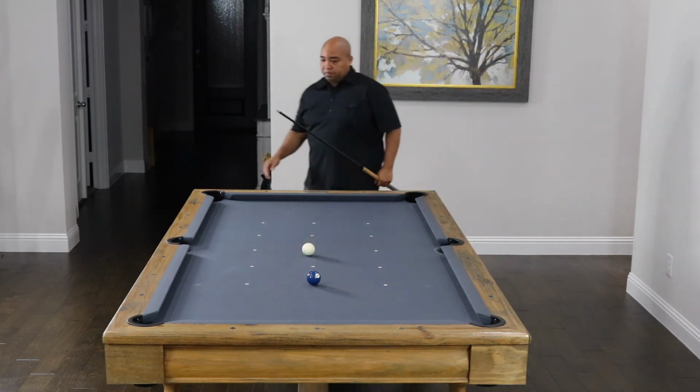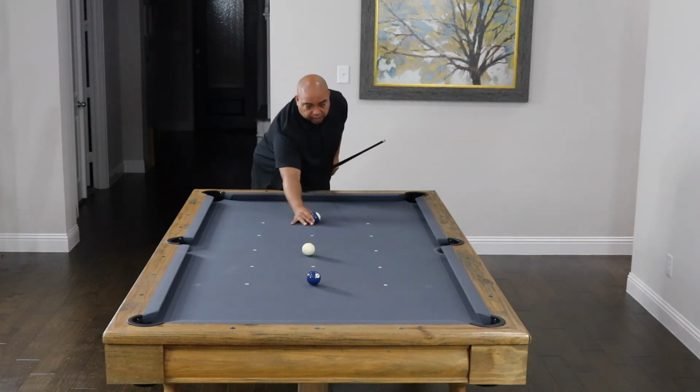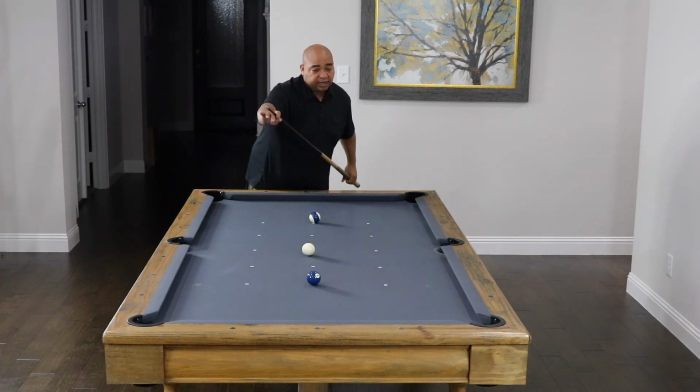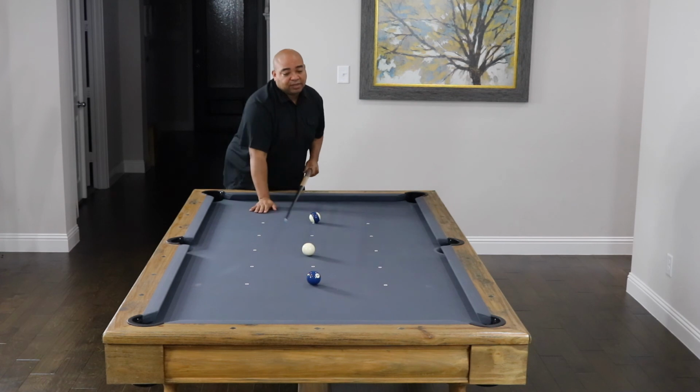That was a pop. All right, it's my last shot. Let's see if I can be successful on a tight cut. This is a tight cut. And sometimes on these balls, when I'm not